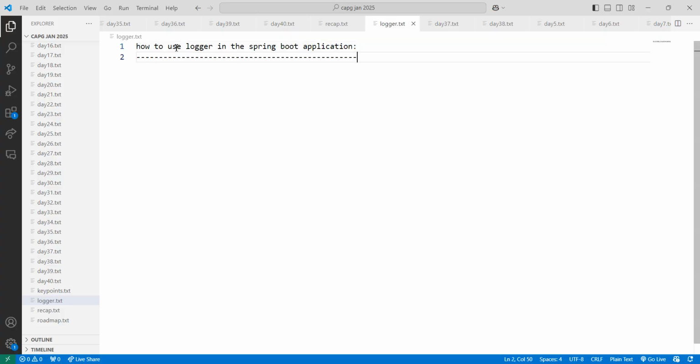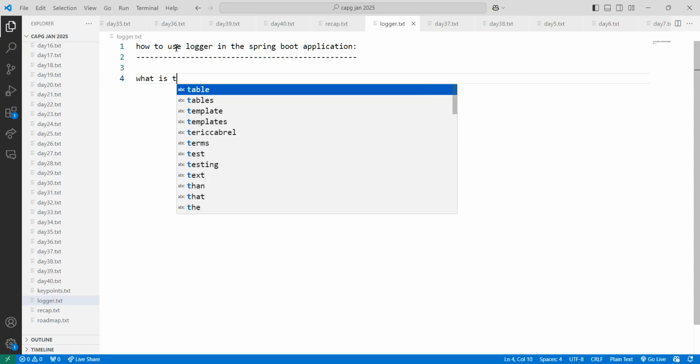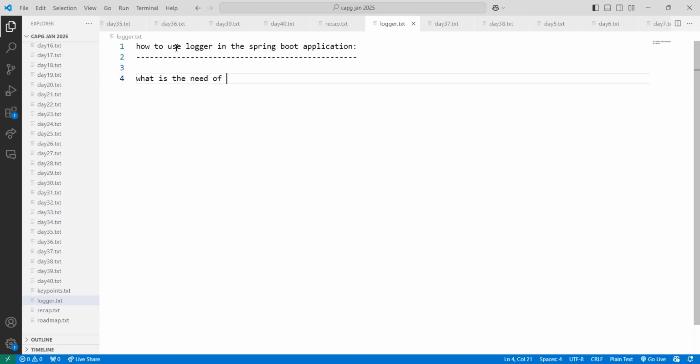Now, before we go further, we need to know what the need of Logger is.